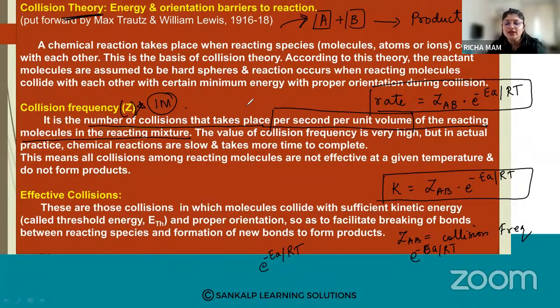Second point is what? The number of collisions per second per unit volume of the reacting mixture is called the collision frequency. It is given by k = Z_AB e^(-Ea/RT), where Z_AB is the collision frequency and e^(-Ea/RT) is the fraction of molecules having the minimum energy, equal to or greater than the threshold energy. Then to calculate the effective collision,